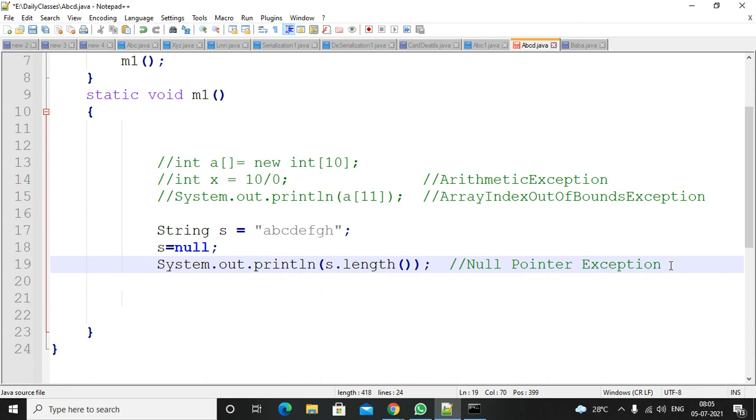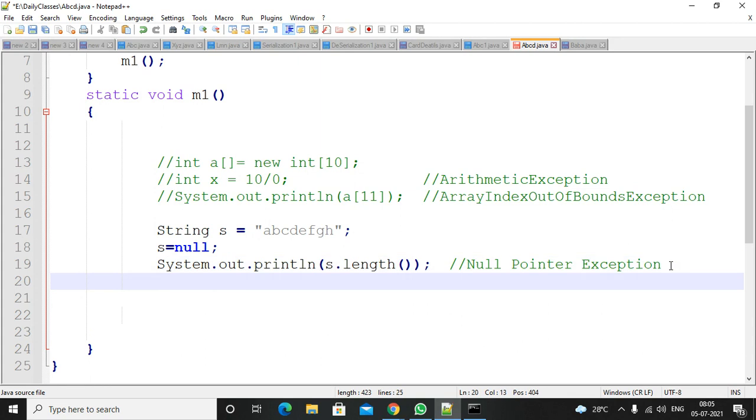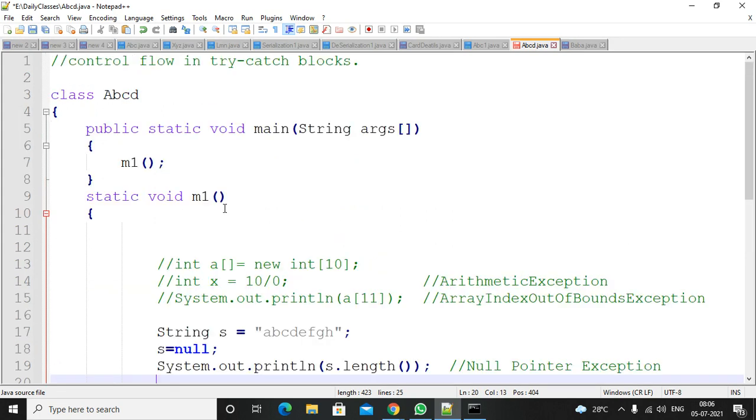So there is a class called the Thread class. If you want to see some exception names, you can see what kind of exceptions we will get. Just to make you comfortable with what kind of exceptions there are, I'm explaining this. Null pointer exception you already know, array index out of bounds exception you already know. I hope one day I explained the stack overflow error. Does anyone remember when we will get a stack overflow error?